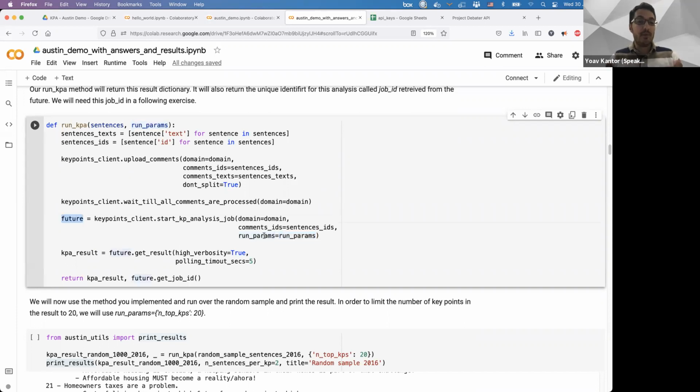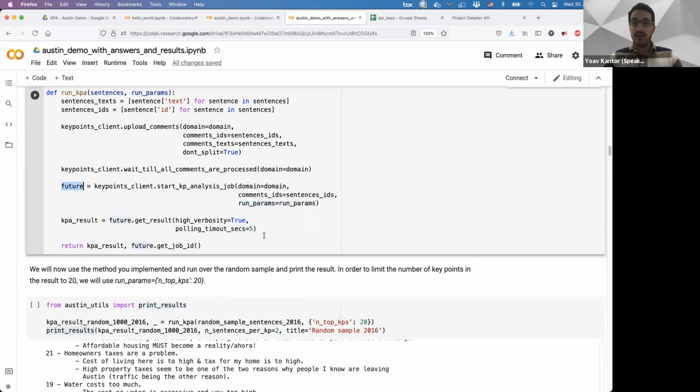Since running key point analysis can take some time, the bigger the data is, the longer it takes, we immediately receive a future, and using this future, we can get the results. In this case, we wait for the results, we get them back and return them. Another thing we return is called a job ID. It is stored inside the future, and each job has its own unique ID. We will use this job ID in the following section.